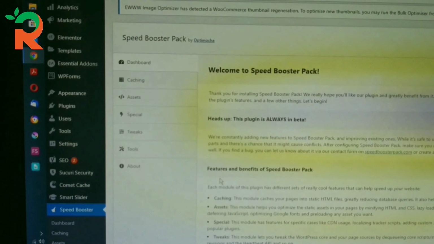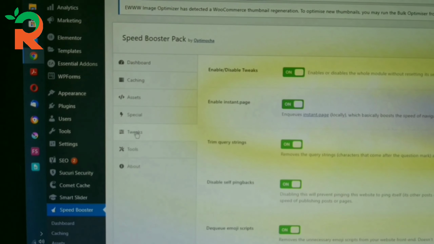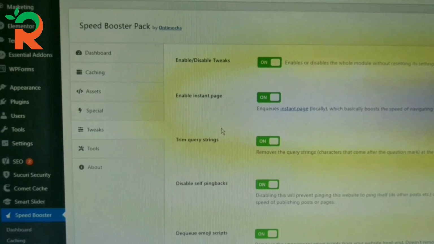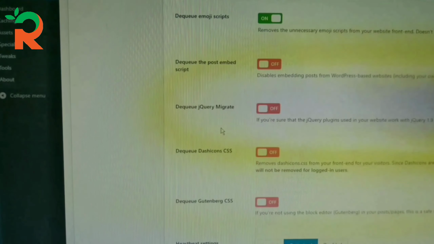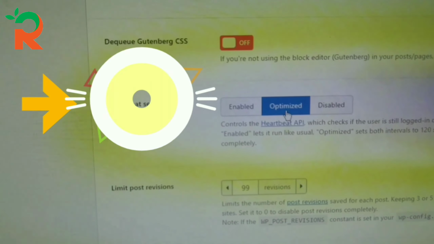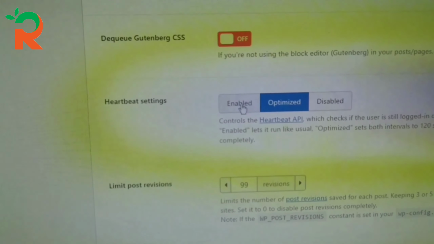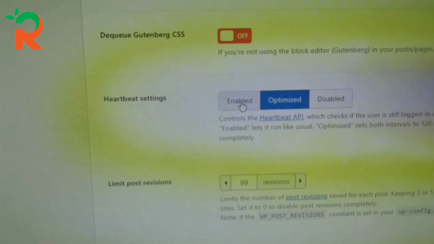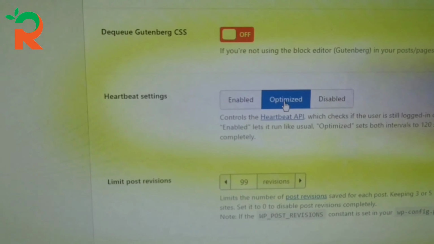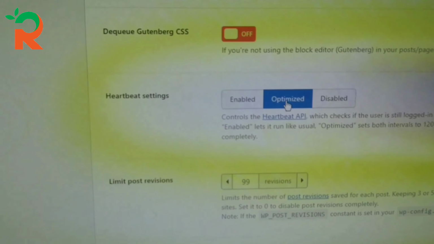Okay, it opened up the dashboard, and when you scroll down you can see that there is an entry called tweaks. I just clicked on the tweaks entry here. Too many entries are here, and if you scroll down you can find an entry like this, heartbeat settings. I have changed it to the optimized state. Earlier it was enabled only, so I changed it into the optimized state for maximum optimization.